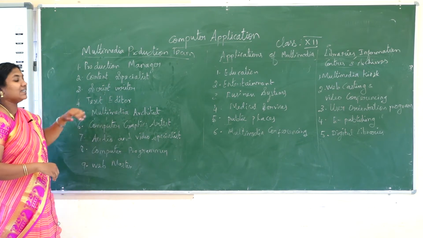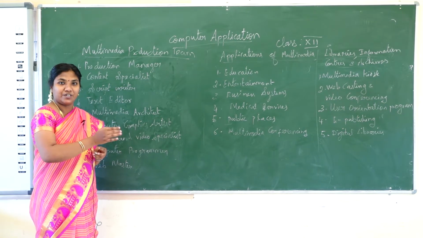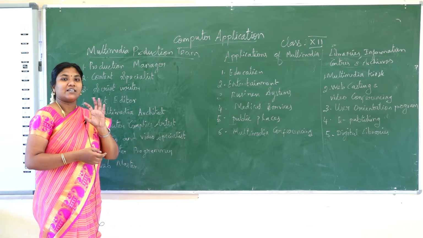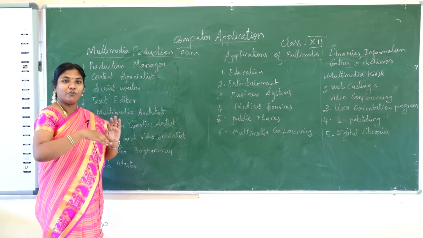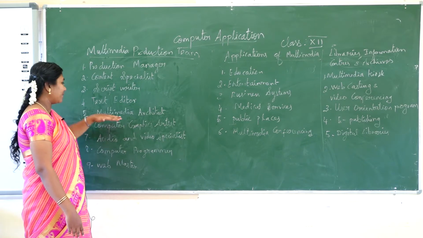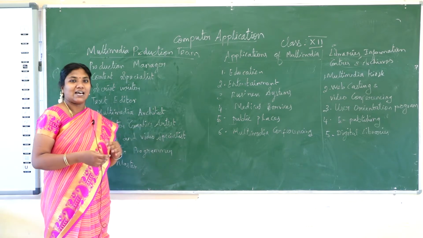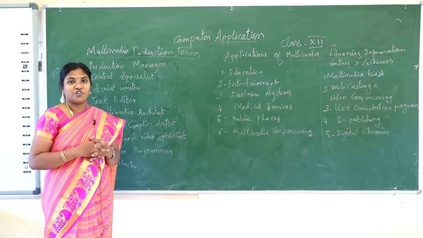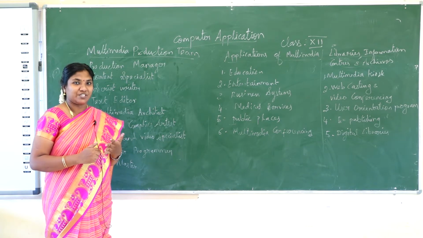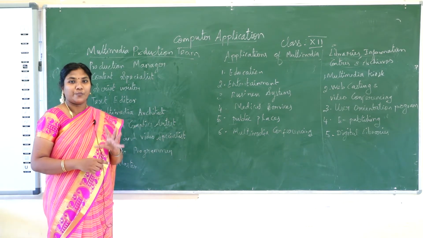The next one is the text editor. The text editor makes sure the text is aligned with the animation, that grammatical errors are erased, and that the text has a flow with the multimedia video. Next is the multimedia architect. As you know from the last video, the basic components of multimedia are text, audio, video, image and animation. The multimedia architect has to concern himself with and watch over all these five basic components.